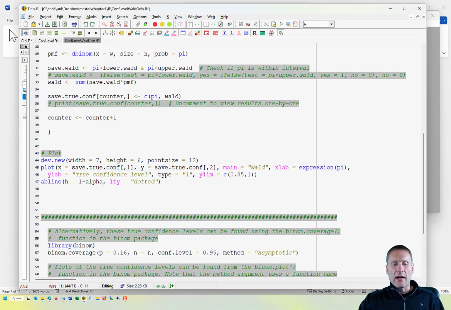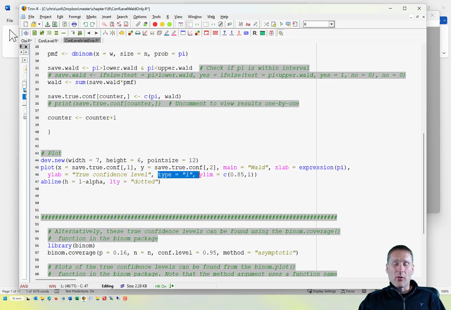Then I'm going to plot all the values of pi, in the first column, on my x-axis, and all the true confidence levels, in the second column. Put a nice title on the plot, and an x-axis label. I'm going to put the Greek letter pi on the x-axis, so that's what expression allows me to do. Y-axis label,